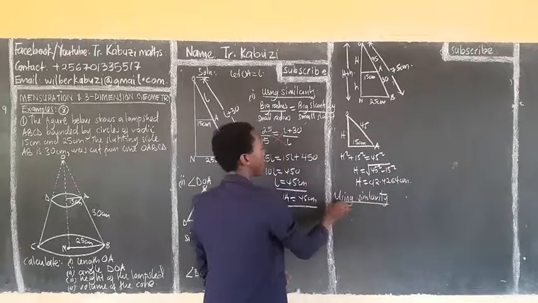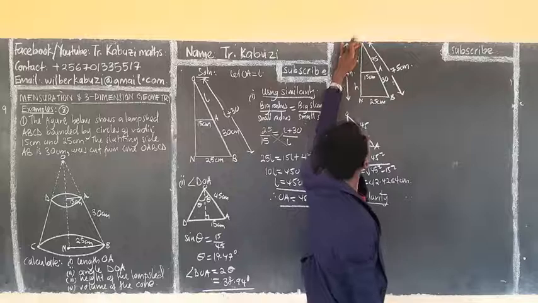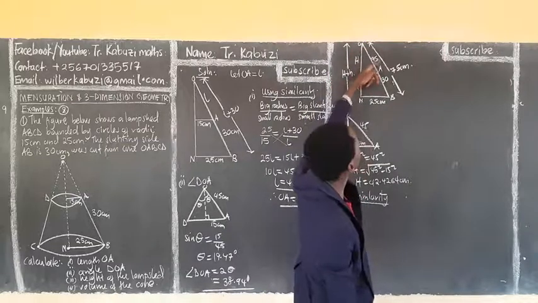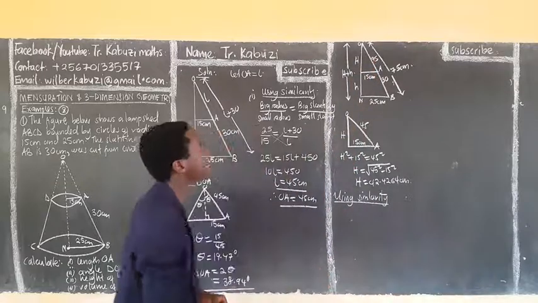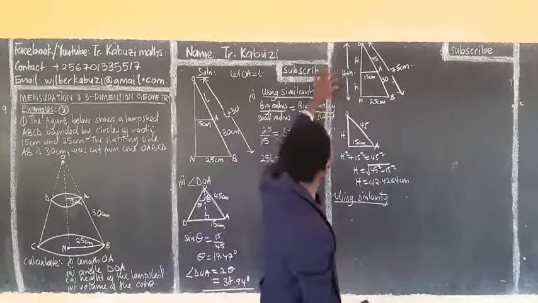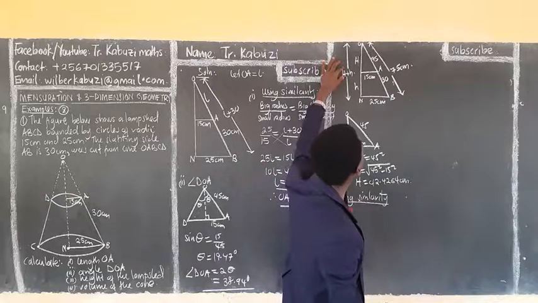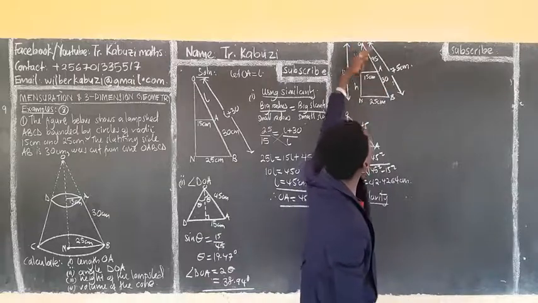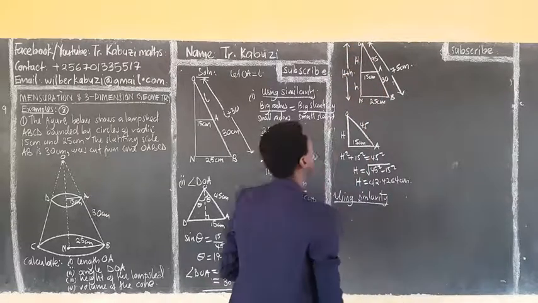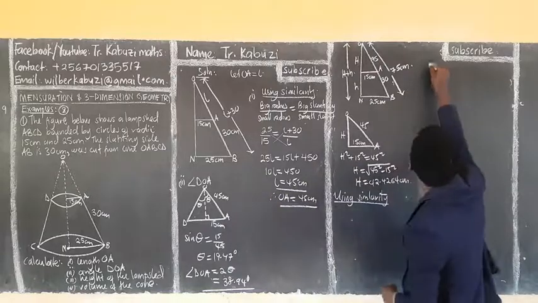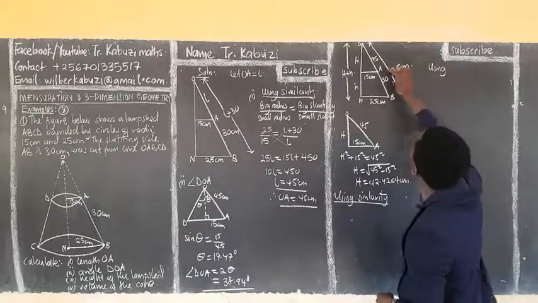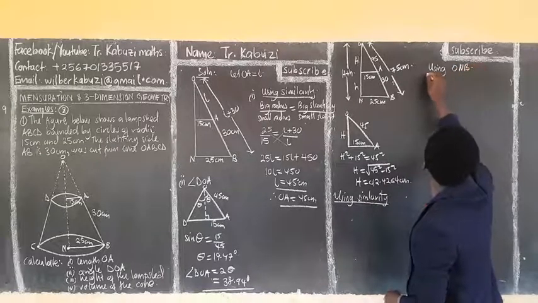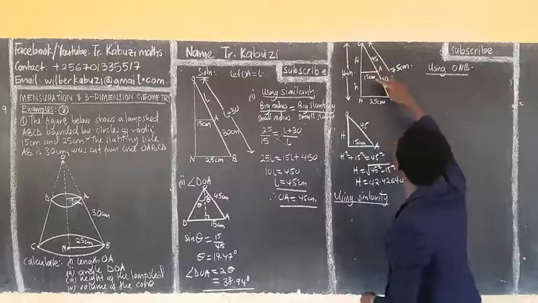So if I use similarity, this is going to be the big height over the small height, the whole of this over this. We want to get just that h. Now, if I want this h, I can also get this height. So this ON is going to be equal to this and then that. So using the triangle ONB,